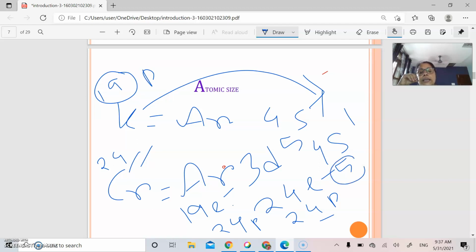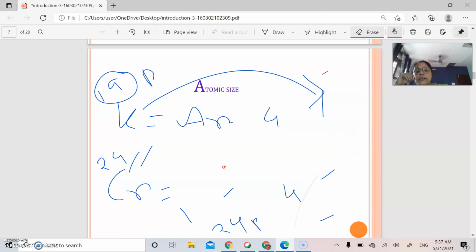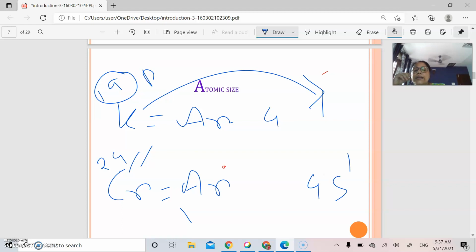Why 19 electrons and 24 protons? This is because the d electrons present in the 3d subshell will have a very minimal shielding effect. They behave as if they are almost absent. The proton number is the same; chromium has atomic number 24. This means the nucleus will be more powerful than that of potassium with 19. So this particular atom will have a much smaller size than that of potassium.